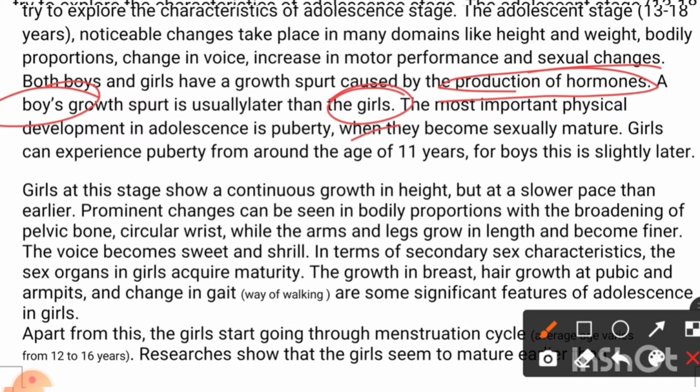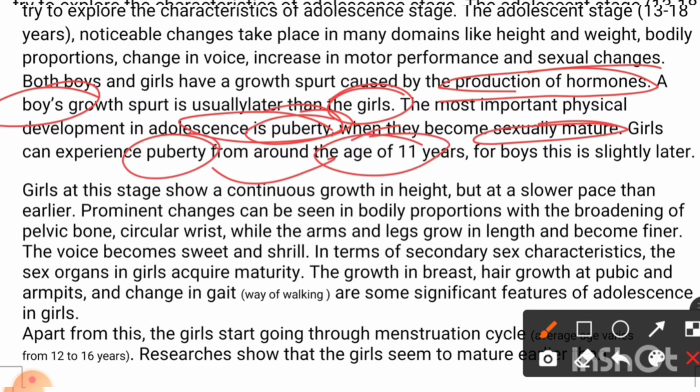The most important physical development in adolescence is puberty. Puberty is one of the most important changes which takes place. And what is this puberty? It is the period of a person's life during which their sexual organs develop and they become capable of having children. So when they become sexually more mature at this stage,